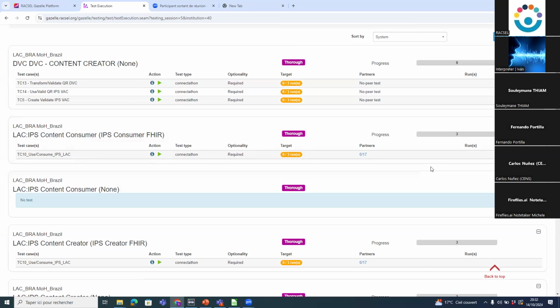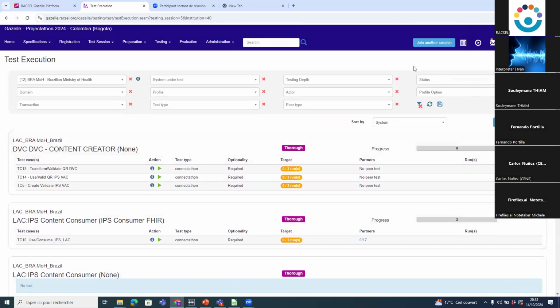And in your report, we will report that you executed the IPS LAC and IPS VAC, and you sent some ITI 65 from your system to another system. But we will tell you also that other countries, Colombia, Brazil, Uruguay, Suriname, also sent some transactions to your file server. That means your file server can respond to the other clients. So it's important for us to know if your file server can send response messages to requests coming from other countries. So this will be part of your report.